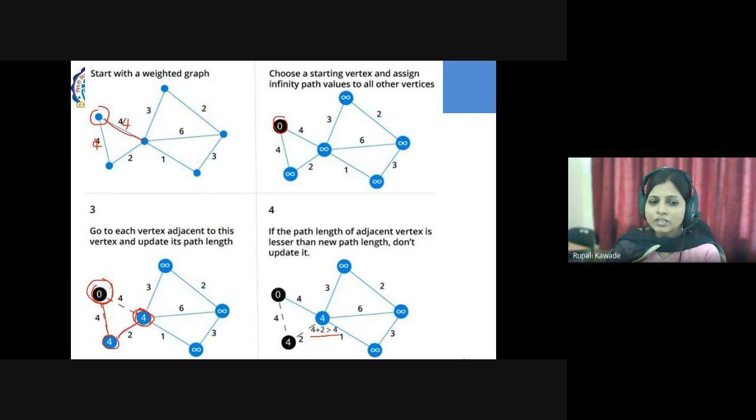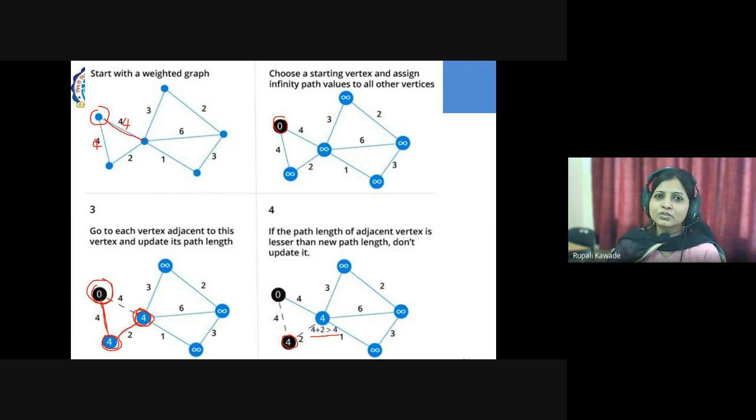Fine. First we are starting from the 0th vertex. We have updated the weights of its adjacent vertices, so we have updated this 4 and this 4. Out of these you can traverse to the next node, any, because both nodes have a value of 4. So you are taking this one. The node you are seeing in black color means we have fixed its weight or its path. So from 0 the distance of this node is 4.